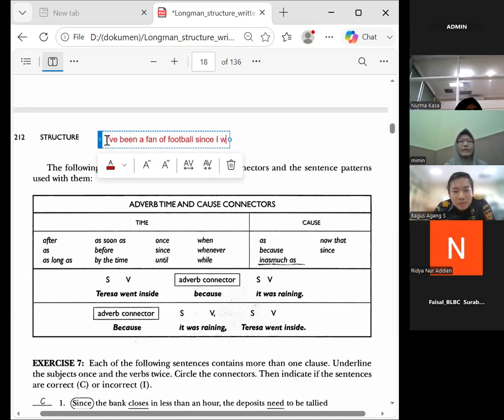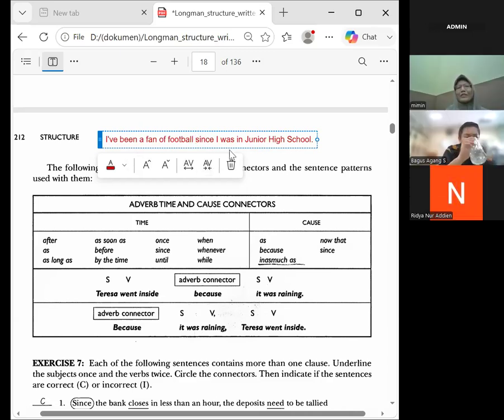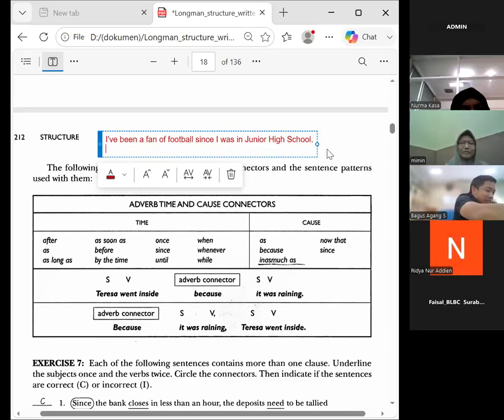It's time. Yes, this one is "since" for time. You're right. I've been a fan of football since I was in junior high school. And what about this? Well, this is the cause "since",